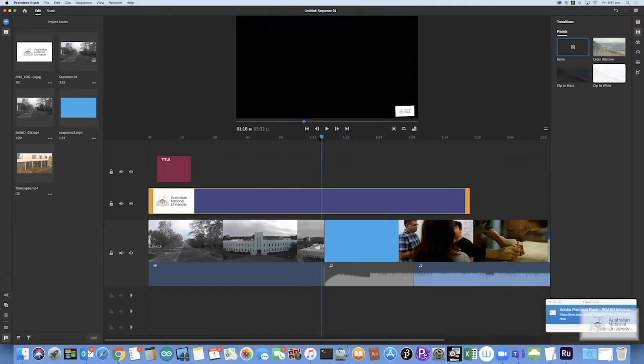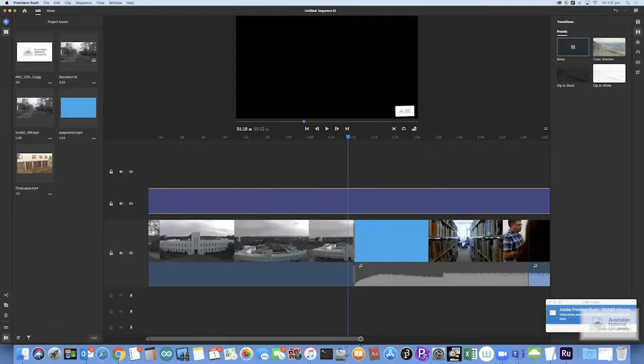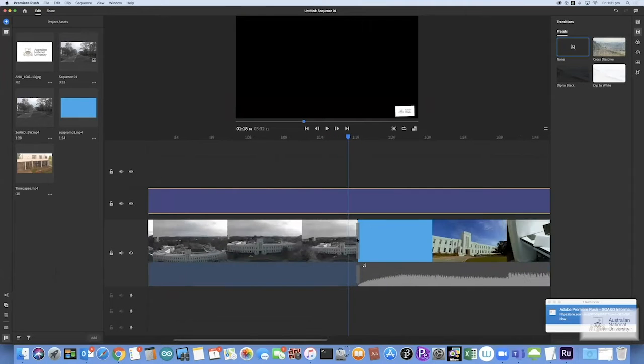Oh yeah, the clips are just really long, so I couldn't see it. Which actually reminds me, you can zoom into your timeline by using this little time slider. So if I were to move this down, I could zoom in and see what was actually going on there. And you can see, yep, there it is. It's created a cross dissolve. I was just so far away that I couldn't see it. Yeah, and now if I play it,